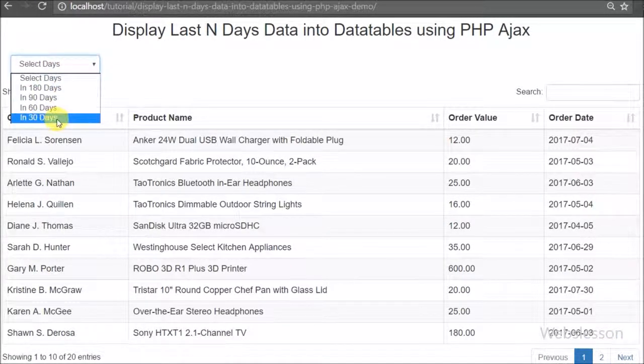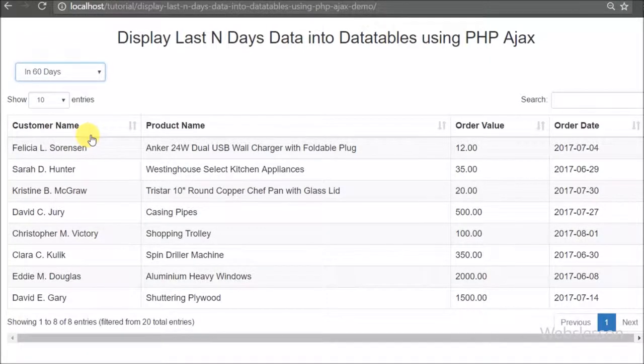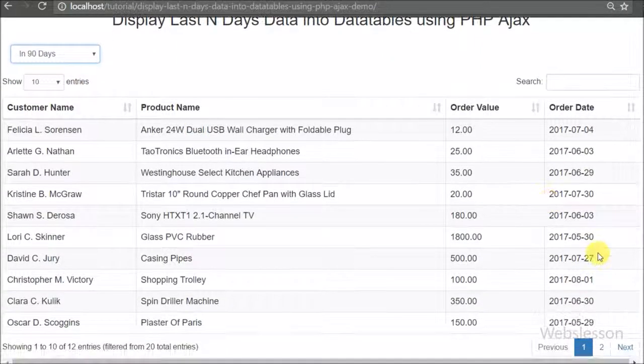If we have used DataTables to display data in tabular format, then in some cases we want to get the last particular days' data, but this type of feature is not found in jQuery DataTables. So at that time we have to write some extra code to load data according to the last particular days selected